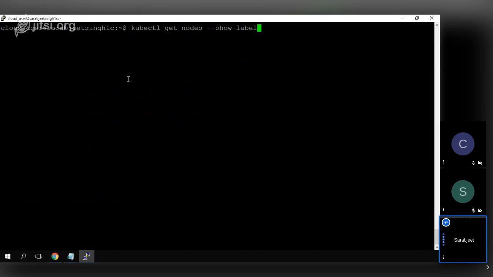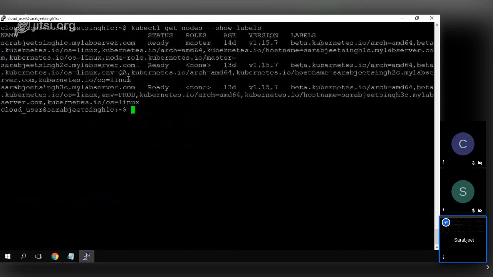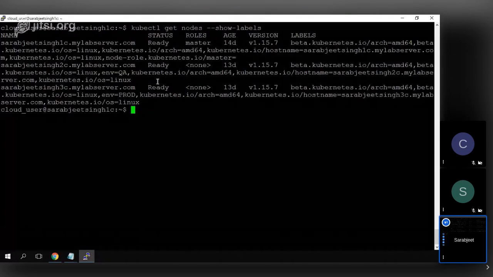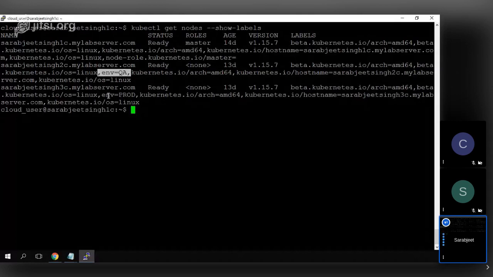Okay, and the labels that I have created should be here. So here you can see this one, environment equal to qa, environment equal to prod. So 3c has environment equal to prod, and 2c has environment equal to qa. So now there are no pods running